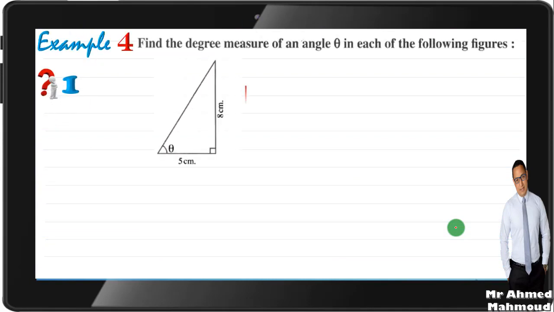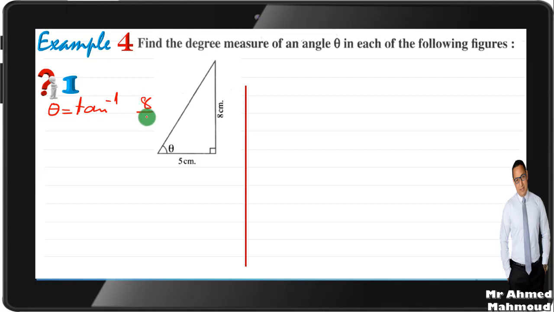Here we have example 4. In this example, find the degree measure of angle theta in each of the following. Number 1, theta here is opposite 8 and adjacent 5. So I will find theta by using tan. So theta equals shift tan,